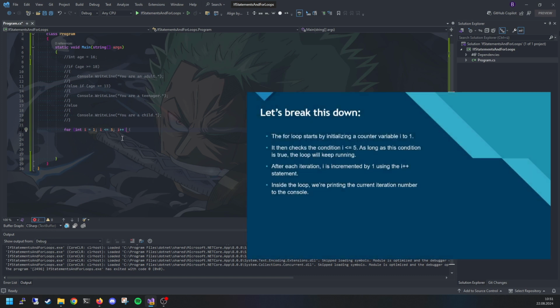Here's a simple example of a for loop. Let's break this down. The for loop starts by initializing a counter variable i to 1. It then checks the condition i <= 5. As long as this condition is true, the loop will keep running. After each iteration, i is incremented by 1 using the i++ statement. Inside the loop, we're printing the current iteration number to the console. When you run this code, the output will be